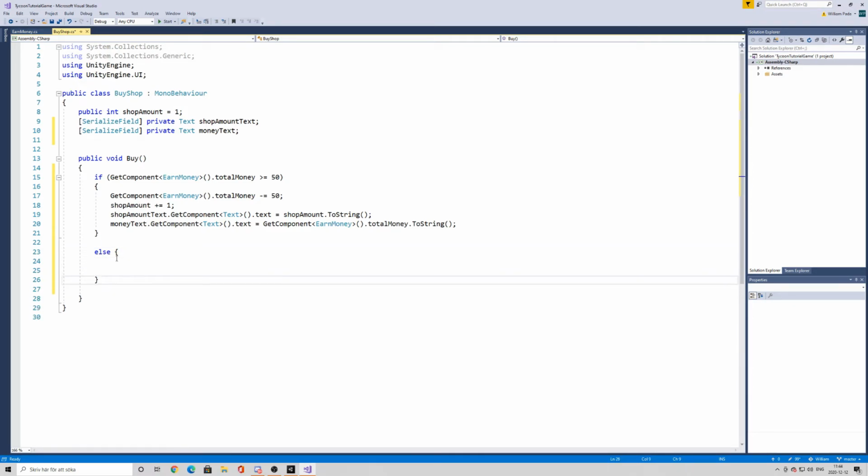And in here you type the code that you want to happen if this if statement is false, or it doesn't meet the requirement that's up here. So then in every other case it will do what's inside this else statement, and in this case we can just put a debug.log and make it say something like